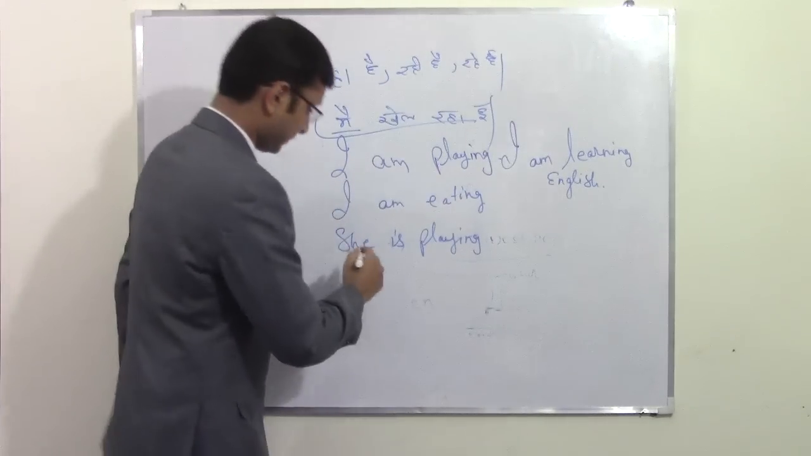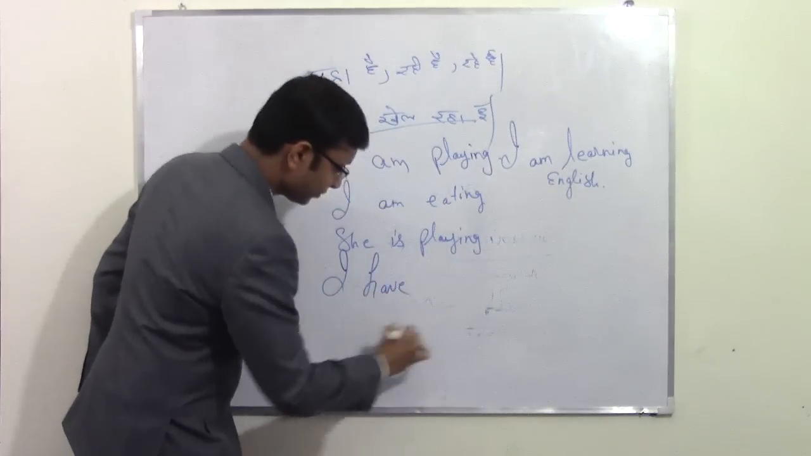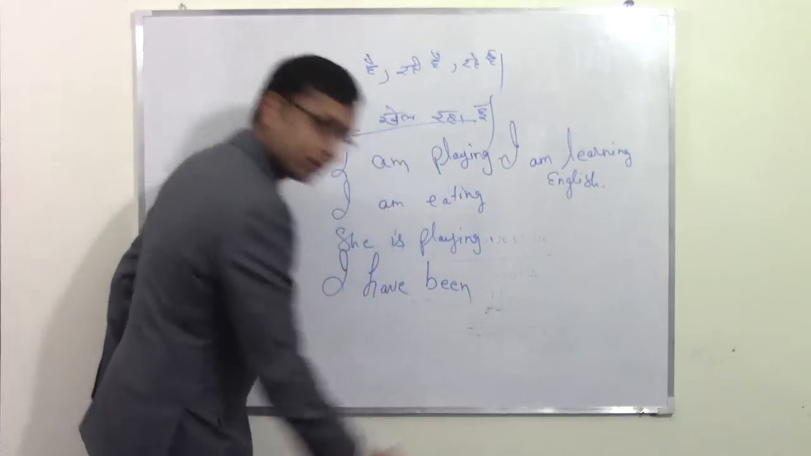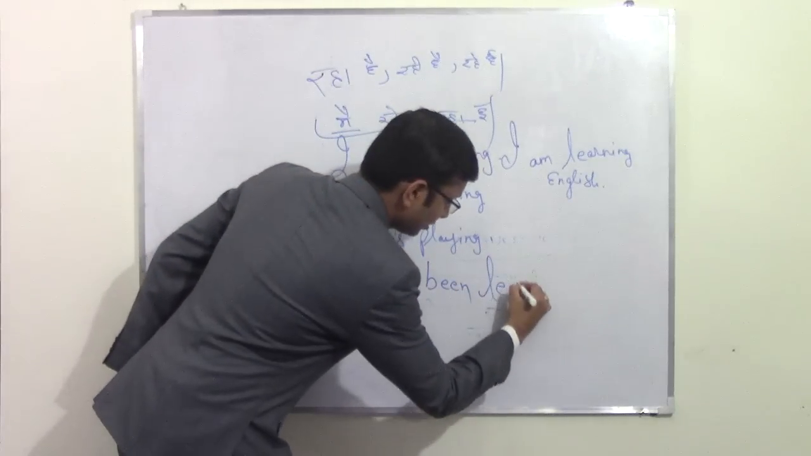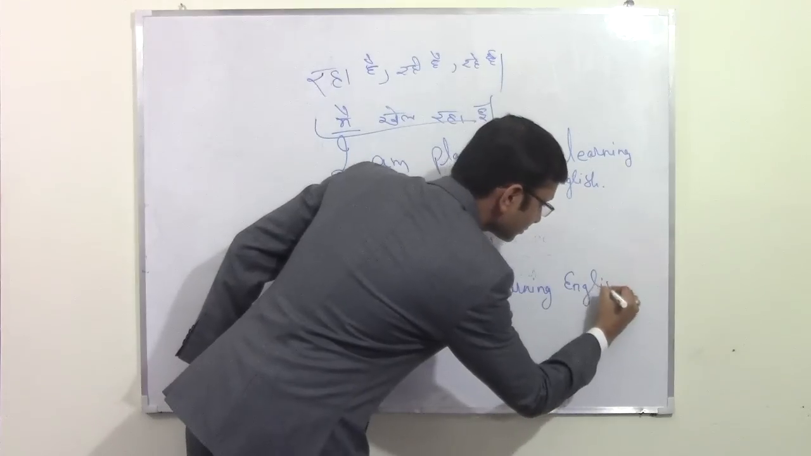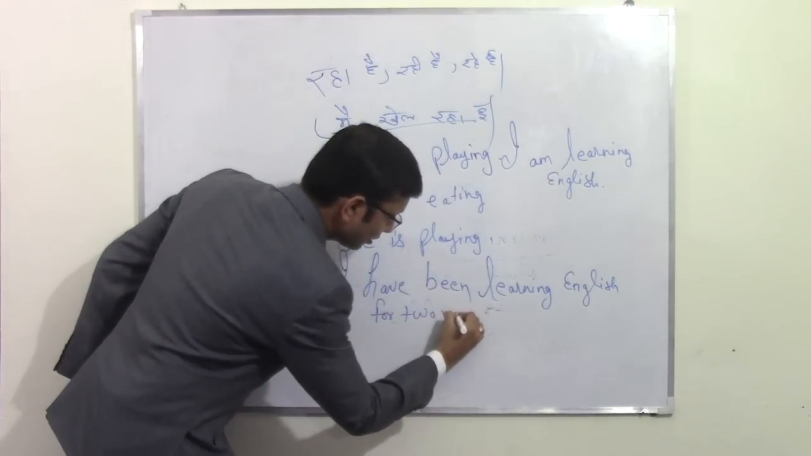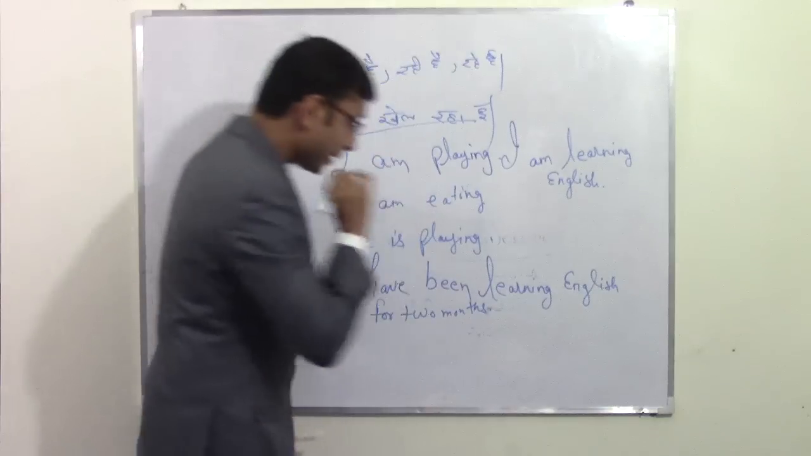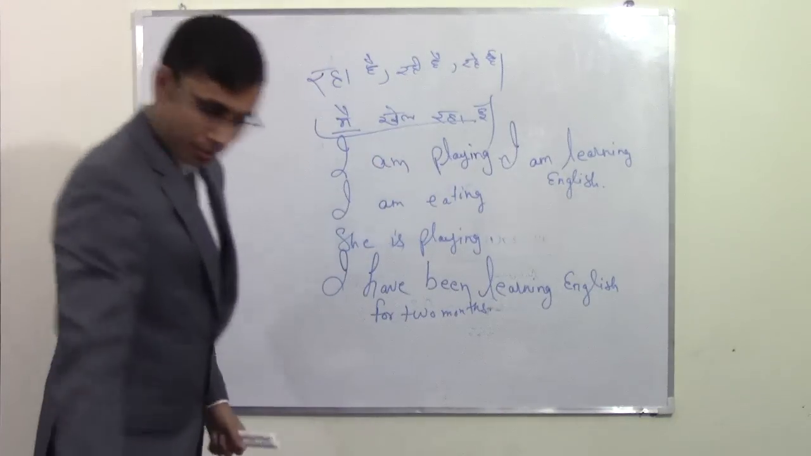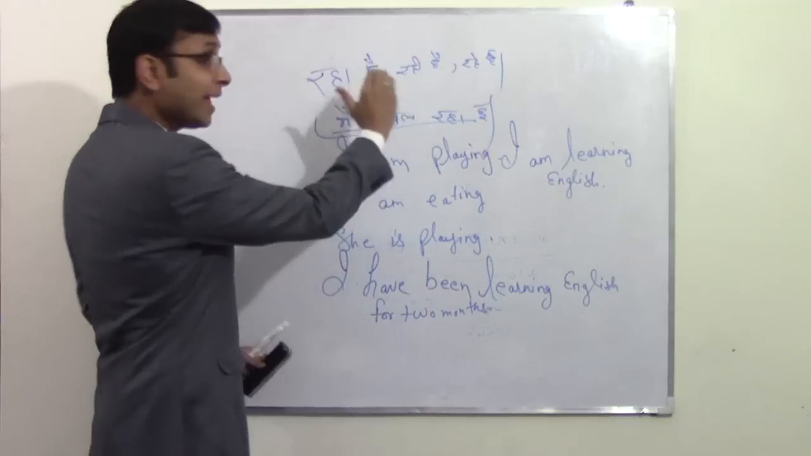We will say, I have been learning English for 2 months. So basically, the rule is, whenever we're talking about any sentence with raha hai, rahi hai, rahe hai, and we have added time to it as well,